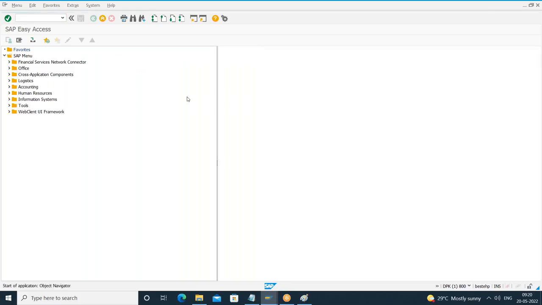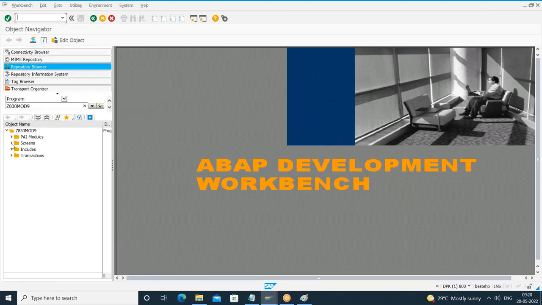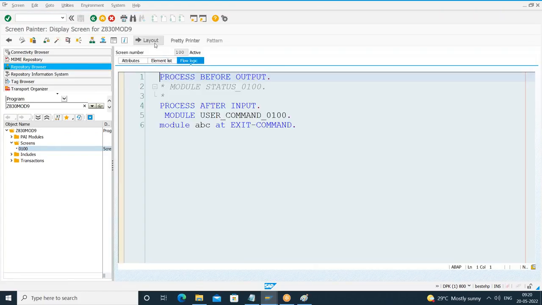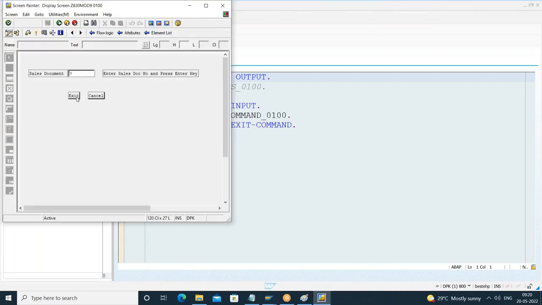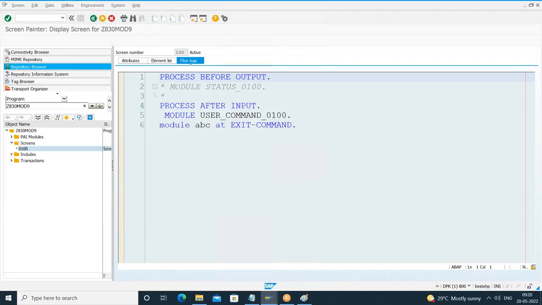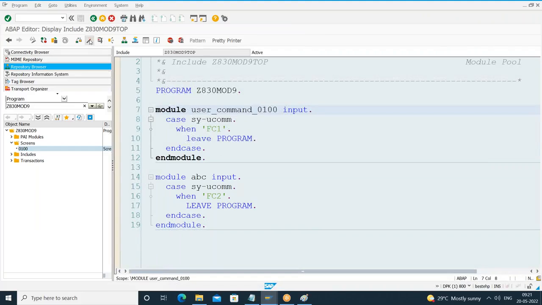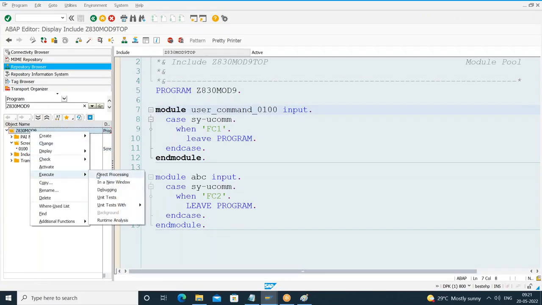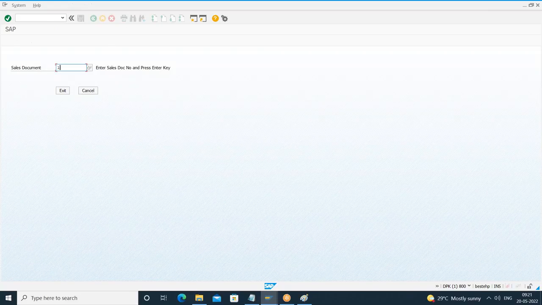Go to SE80, screen layout. What is the function code again? FC1 only. And what is the logic I'm checking here? When FC1 leave program. Fine, but due to some reason it is taking some time. So when I execute, I'll enter some value 1000, right? After entering the value as 1000,